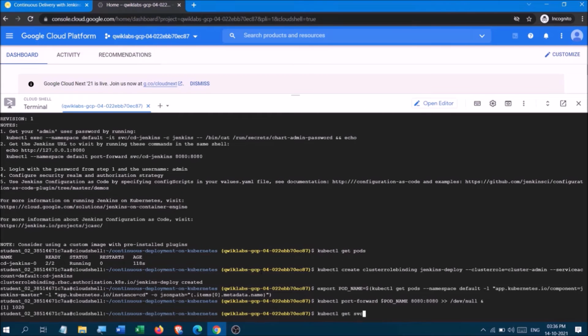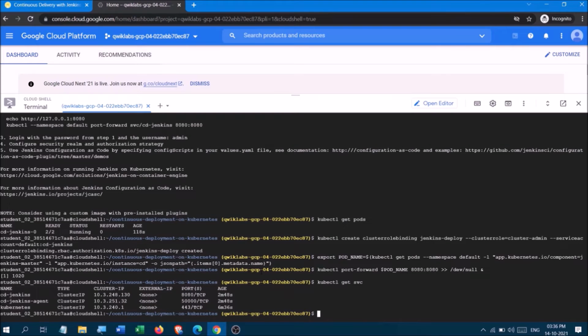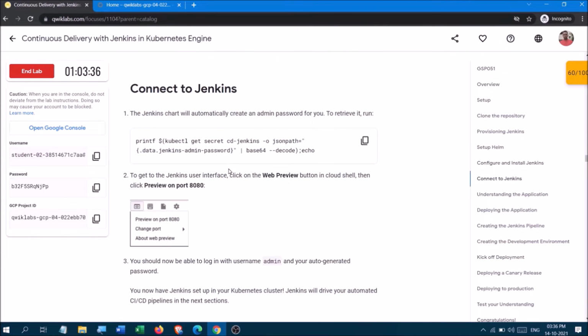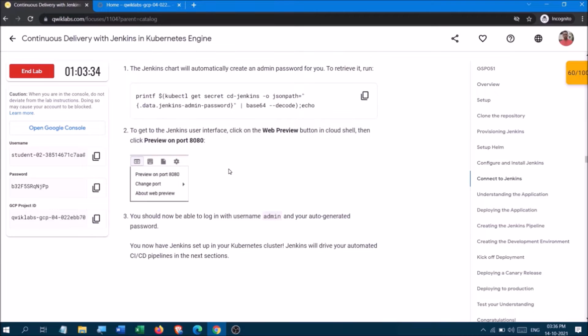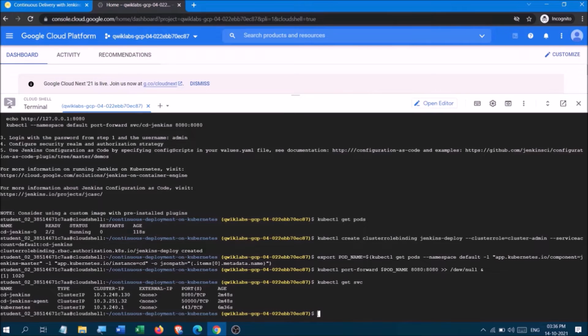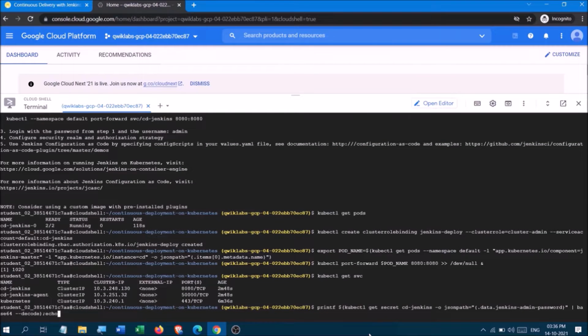Copy this command. Yes, we are getting the expected output as it is. Now what we are going to do is copy this and quit.